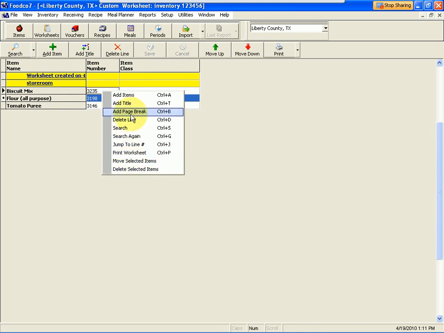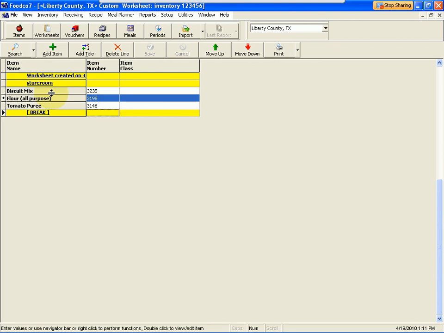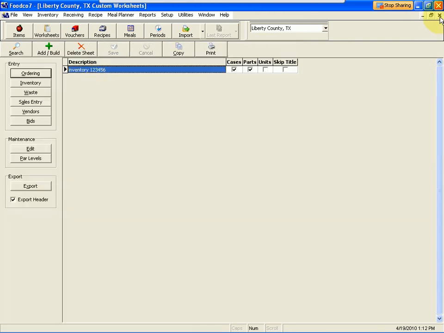Okay, there's other functions within the worksheet. If you want to add a page break at the end of an area, if I was at the end of my storeroom, it would put a break at the end of that location, and it would do a form feed on your printer when you print. At that point, when we get into the verify, that break will also constitute an accumulated inventory value break put in between the previous page break. When you close out of the worksheet, you'll click on the lower X and you'll see that your inventory sheet